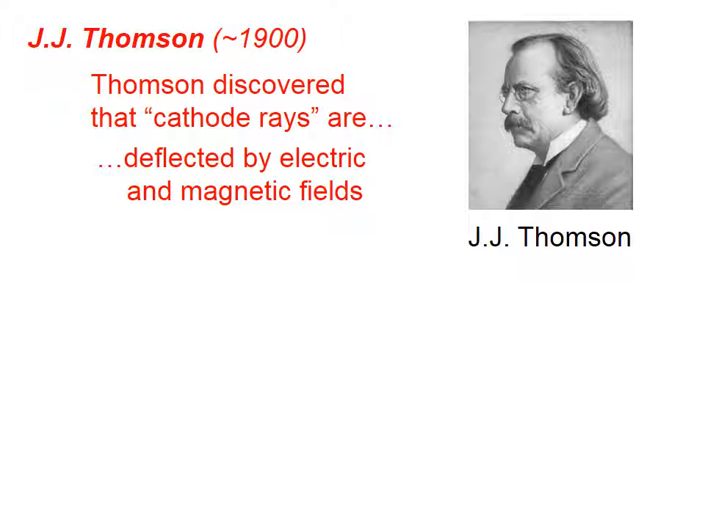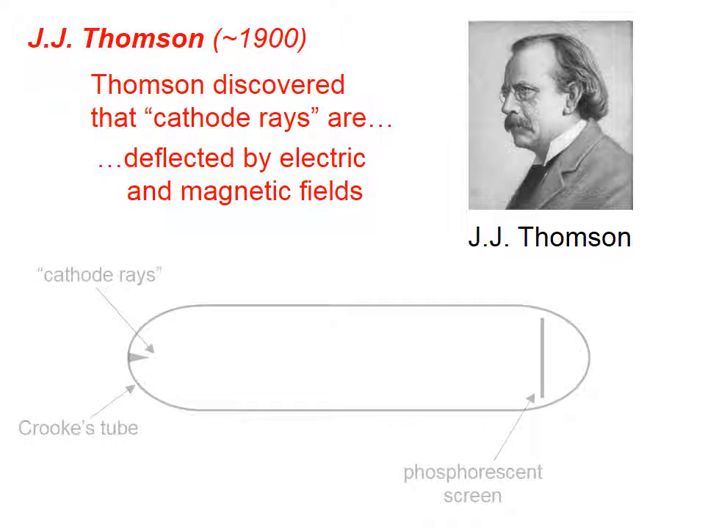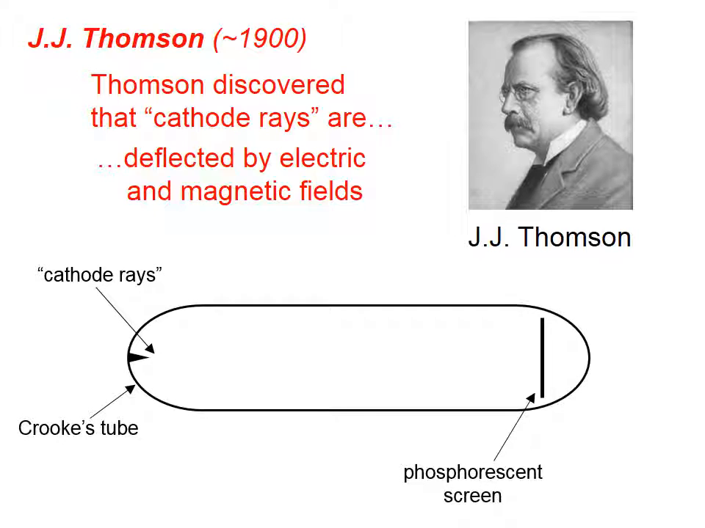Well, some years later, J.J. Thomson, who was British, discovered that cathode rays are deflected by electric and magnetic fields. In other words, if this is a gas discharge tube, let's say on the right here we have a screen that's coated with a chemical that will glow when it's hit by radiation. And over here, we're going to project some cathode rays onto that screen, and so we get a spot on